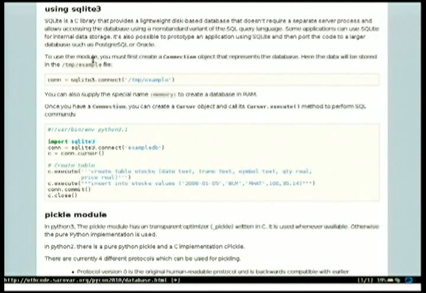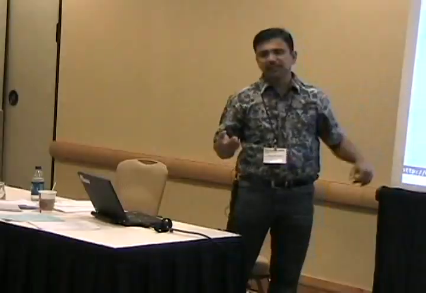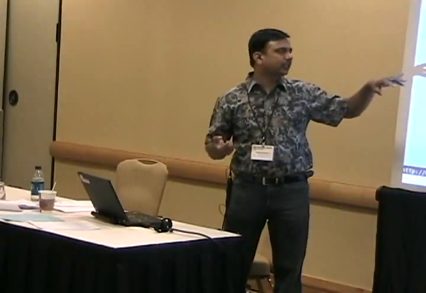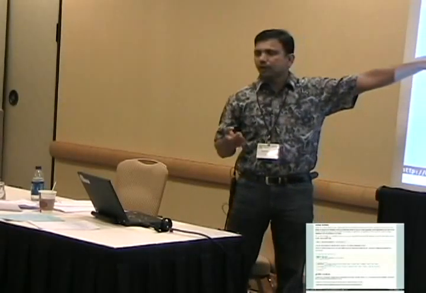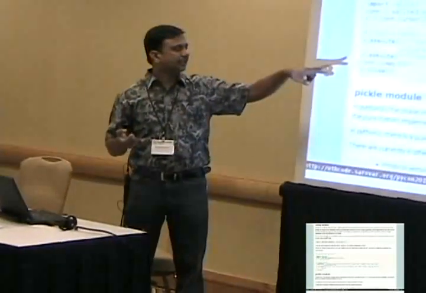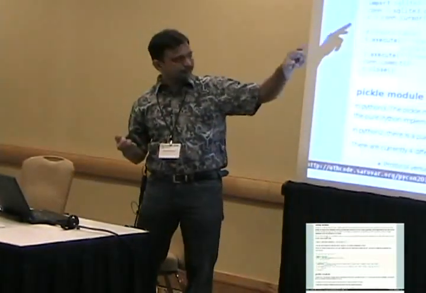So to create a database, you create a connection object by sqlite3.connect with an example database name, and create a cursor, which is nothing but a pointer to the database, by calling connection.cursor. And then you execute any SQL statement on that cursor object, which is c.execute, create table stocks, date,